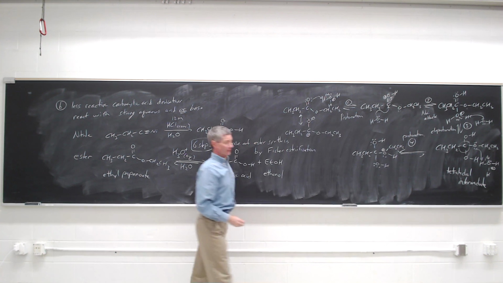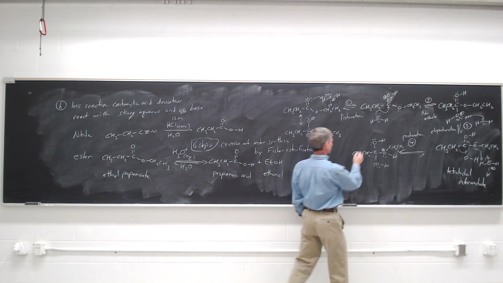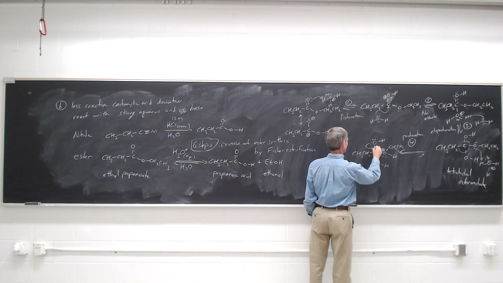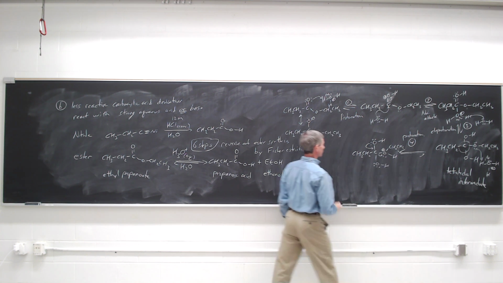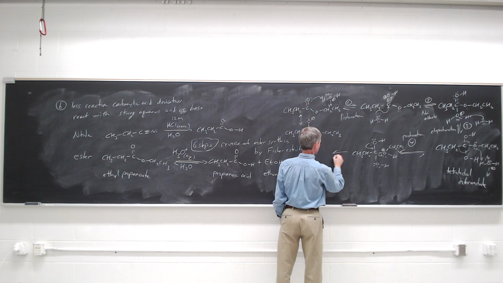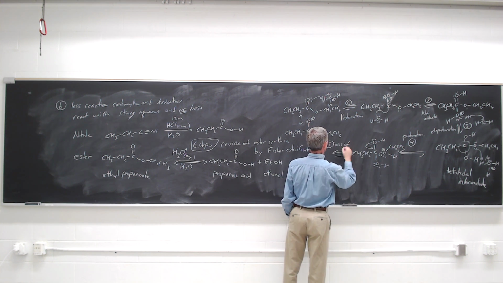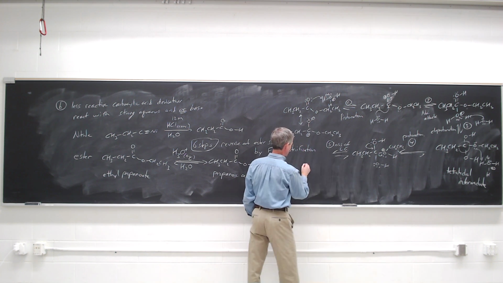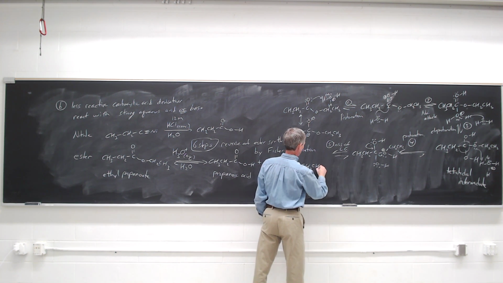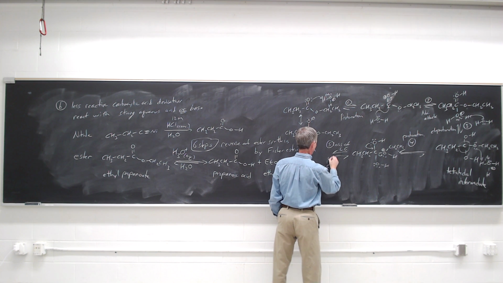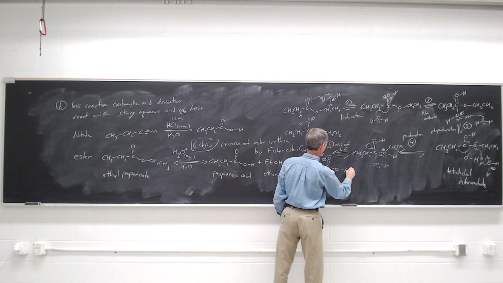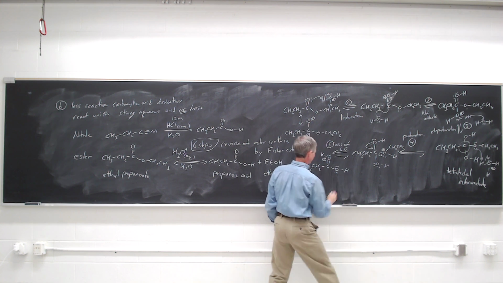And now ethanol can leave, and we can even push it with one of the lone pairs from the other two oxygens. Go to step 5, the loss of the leaving group. And ethanol